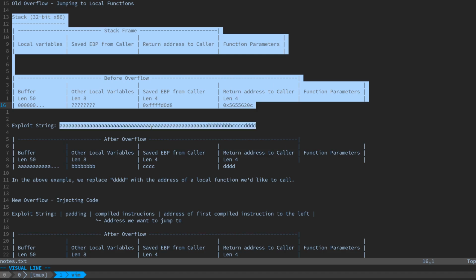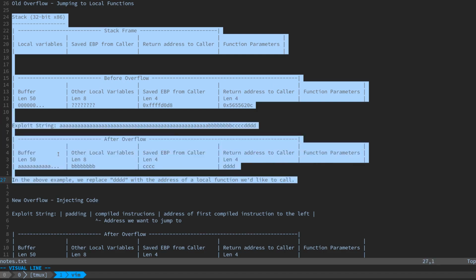which our exploit string will fill. So we've got 50 A's to fill up the first buffer, and then 8 B's to fill up the local variables, 4 C's to fill up the base pointer for the caller, and lastly another 4 D's to overflow the return address. And so what we would do in our previous example, after injecting that string, we'd replace these